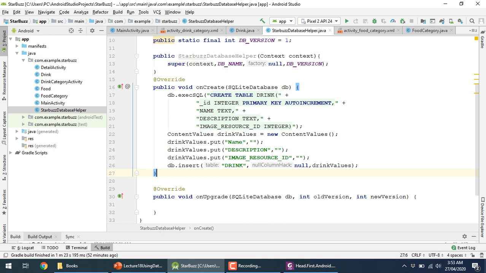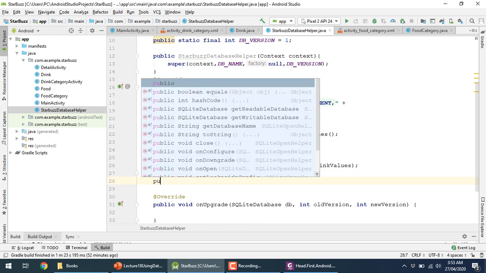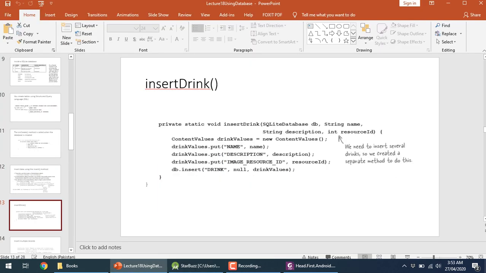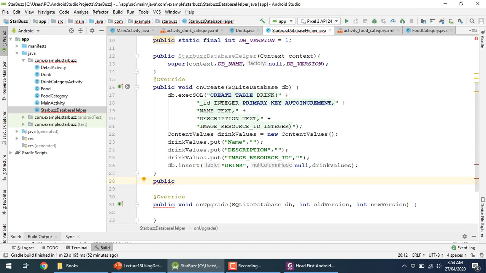For that purpose, we will write a public function. Okay, this is the function. First I will show it inside our slide. This is the function that I'm going to write over here. Inside this function we will provide the code, then we will call this function for each. So I will write public static, and this will be insert drink,